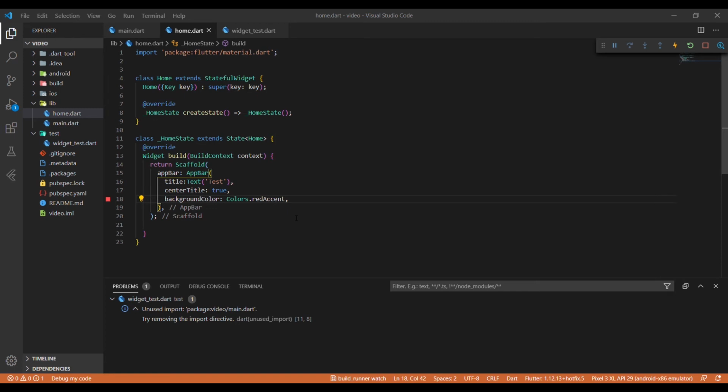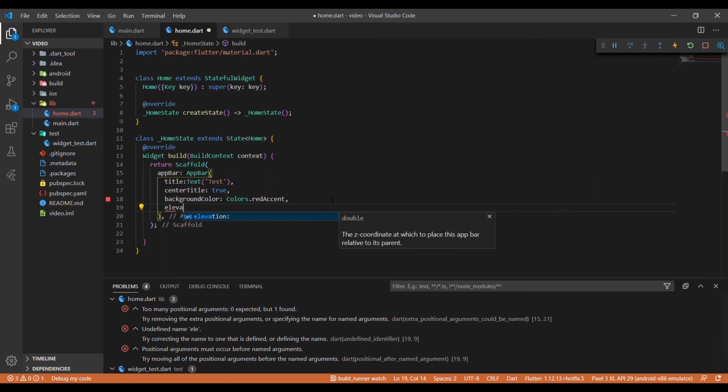And I will be getting into one more thing about the app bar, that is the elevation. So what is elevation? The elevation gives the user a feeling that the app bar is standing up towards them. What the elevation does is that it adds a small amount of blackness beneath the app bar. So it gives the user a feeling that the app bar is standing out. So let us type that. It is known as elevation.